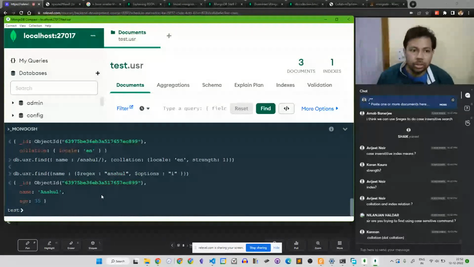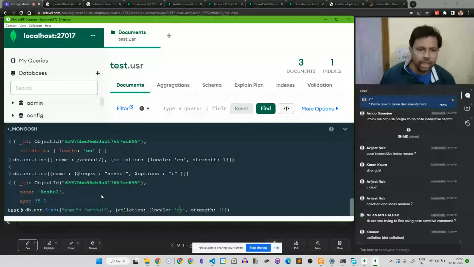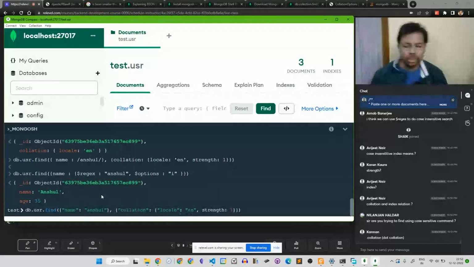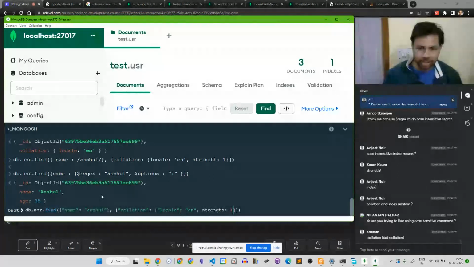Dot collation, I'm not sure about dot. Let me check. So this is how you can do case insensitive using regex, but I'm not sure why it is not working with collation.